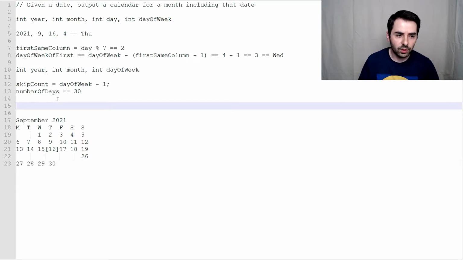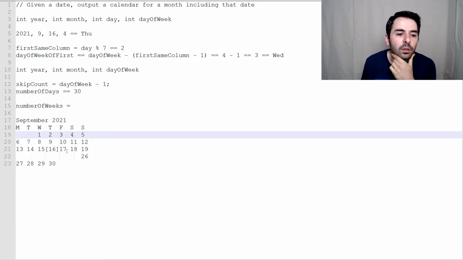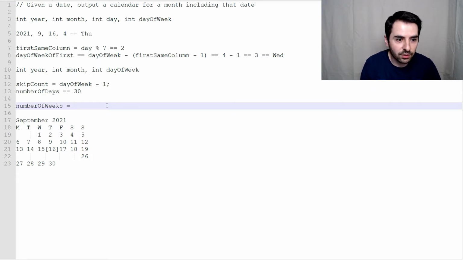So to get that, we can do one thing. First, number of weeks. To calculate this, we need to take whatever we skipped, right? We need to count this too because it offsets the number. So let's say even if it's February and there are 28 days, so 4 weeks, but if it starts from Tuesday, then we need 5 lines, not 4. So we need to count the skipped ones too,